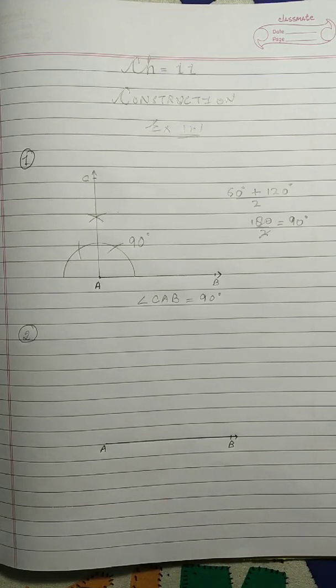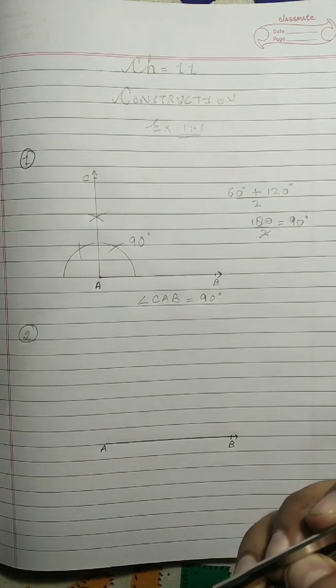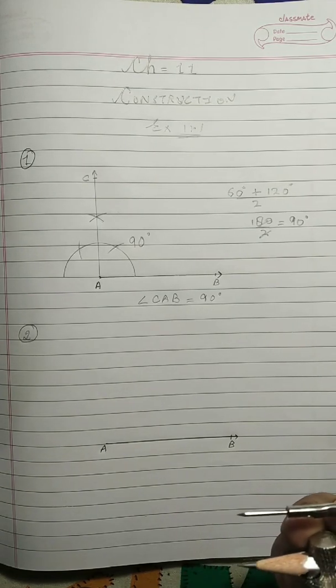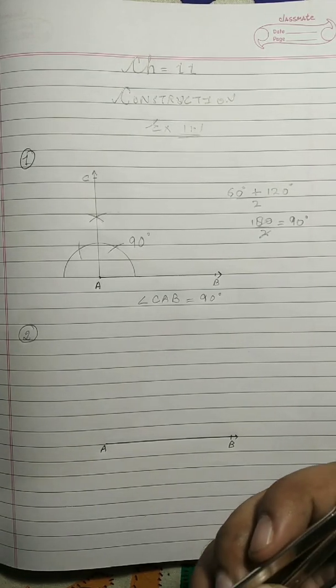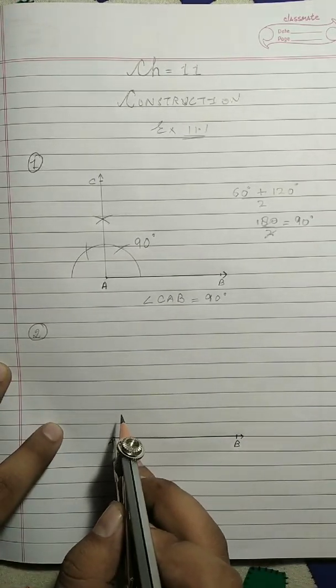Simple. With this question you will be able to know how to make the bisector of any angle. Okay, if you want to make half of any angle, no, bisector of any angle means how to divide that angle into two equal parts. Or how to make the half of any angle, that you will learn here in this question. First of all make 90 again